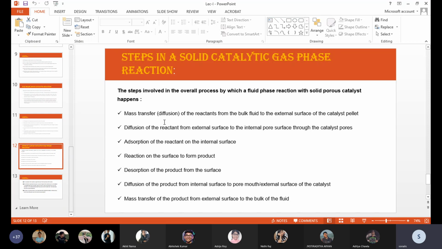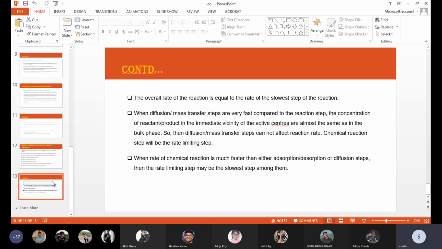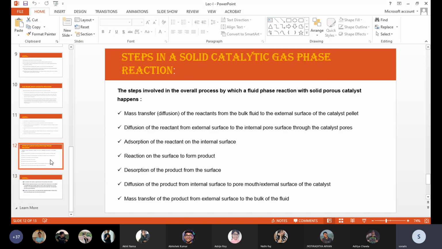But as the reaction is slow, although we have a large amount of reactant on the catalyst surface, the product formation is slower because the reaction rate is slower. So you see, among all these steps, as the reaction is slow and product formation is lesser, this step is determining the rate of the whole process. Then we can say that among all these steps, the rate determining step is the reaction step.